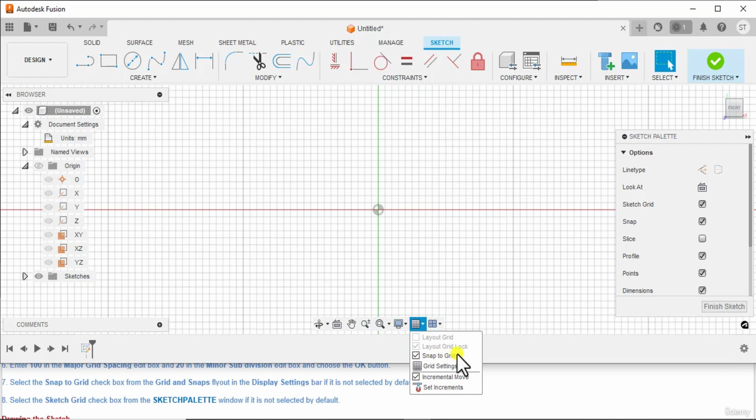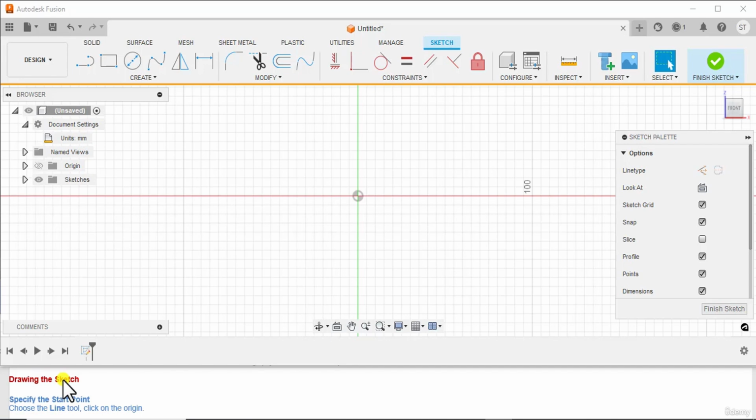Here you can see that it is already selected. Select the Sketch Grid checkbox from the Sketch palette window if it is not selected by default.